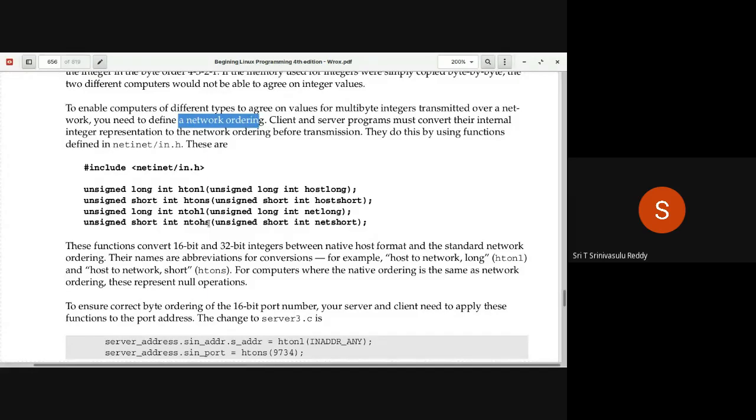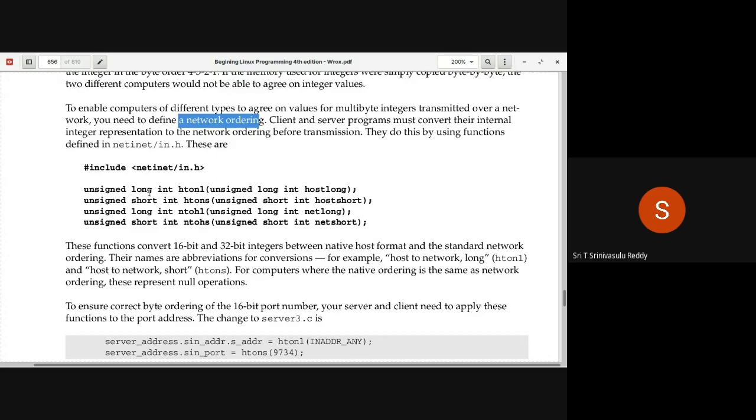So that's why you have to use these routines to convert the data in that fashion. You can see very easily, htonl means host to network, long integer. You are converting a long integer from host to network. Host means your host machine. Host to network, long integer, for unsigned long integers.